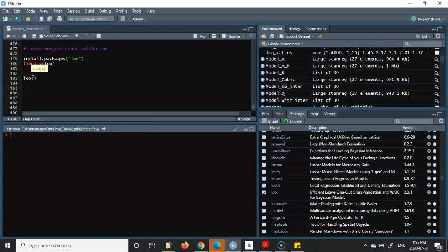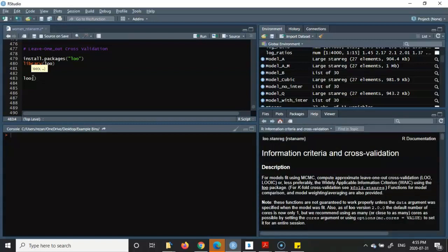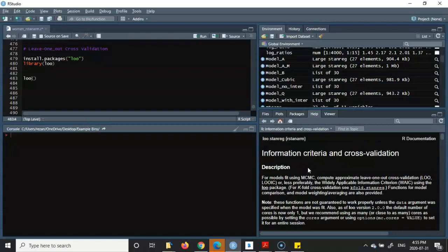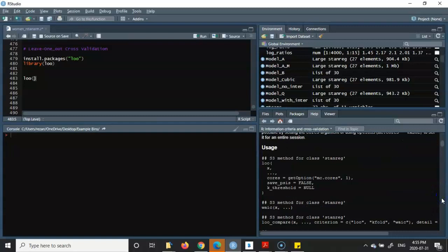Normally, if you want to see what kind of arguments you have to incorporate inside the parentheses, the thing which we always do, you just press F1 and the help menu opens. The loo package comes with rstan and rstanarm, and that's the thing which we are using. We need an information criteria and cross-validation, done with the thing which comes with rstanarm. Now the help page opens, and it's ready for the things that we have in our model. You see that we have a couple of arguments from the help function that we have to put inside